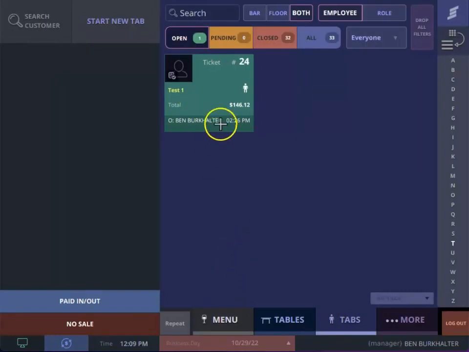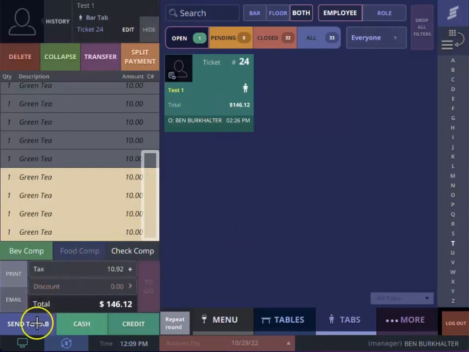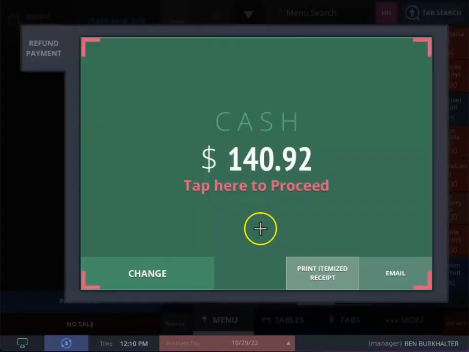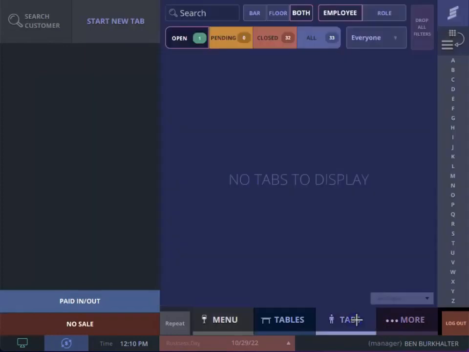Maybe they were a couple different things. So what we're going to do is cash those out, and now those are all completed. So we have 0 open tabs, 0 pending tabs, 33 closed tabs, and 33 all tabs. That shows me that on everyone, all of our tabs are closed, and now we can complete this